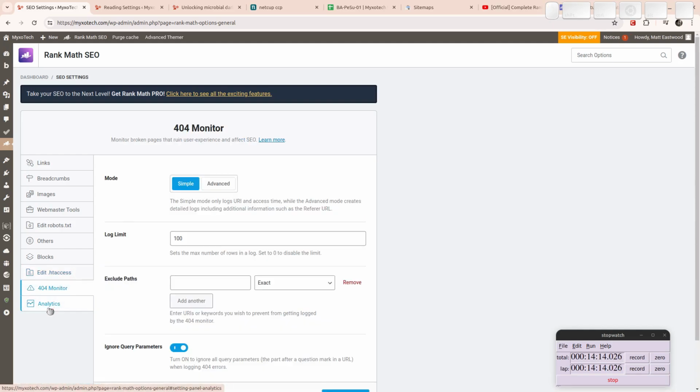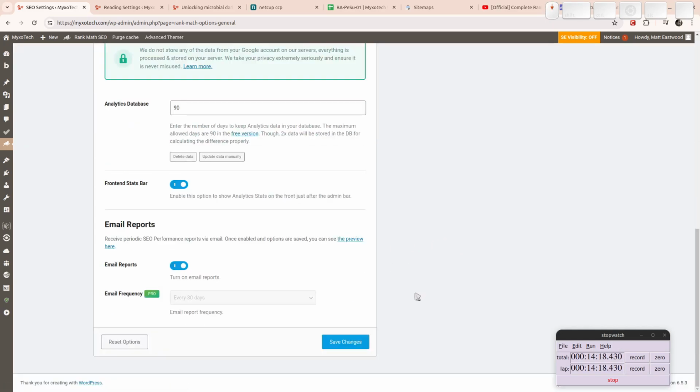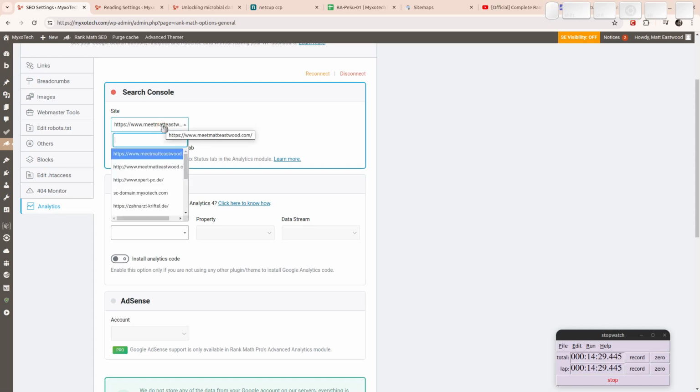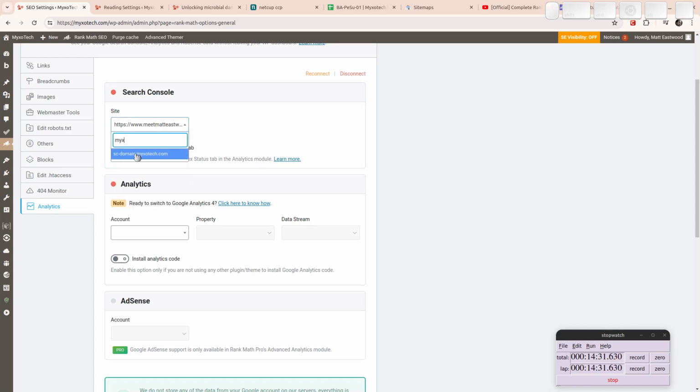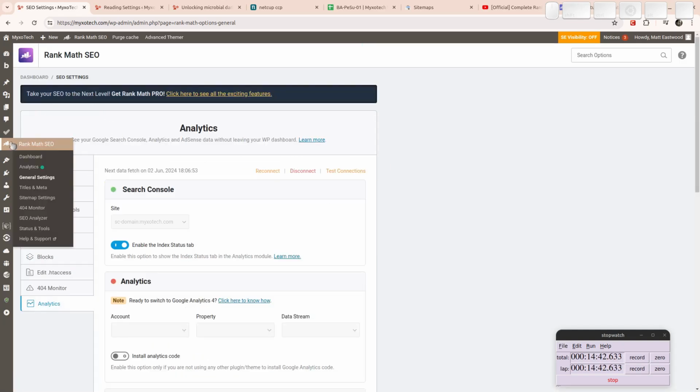For monitor, I haven't really taken a lot of advantage of that yet, but basically it shows you if there are broken links on your website. And gives you a heads up. So here you want to pick MyxoTech.com as the Search Console domain, and you're going to have an index status tab. It's also just another connection that offers you a bit of information that you can get right in the dashboard through Rank Math. Titles and meta